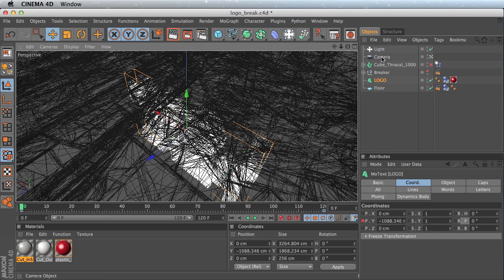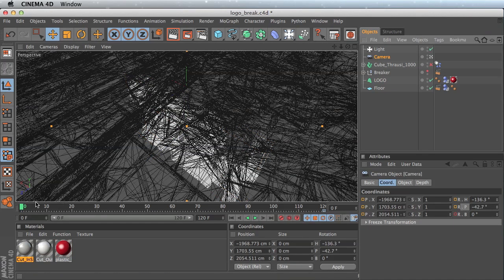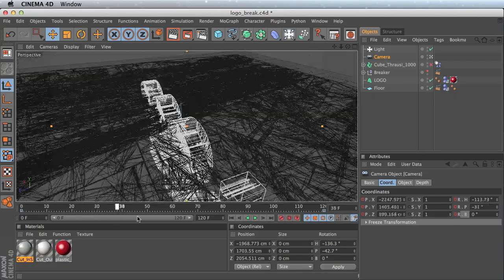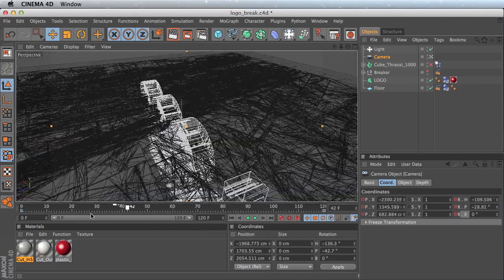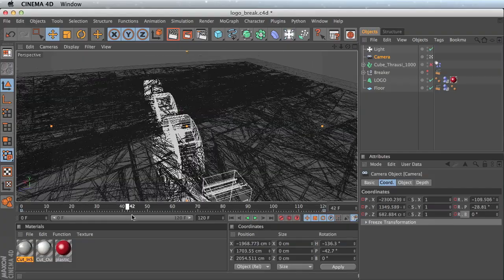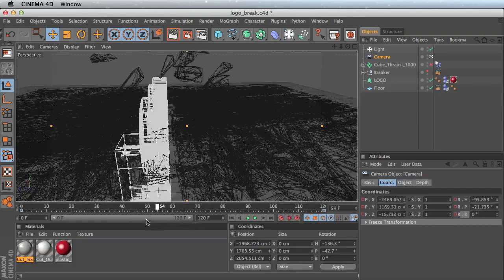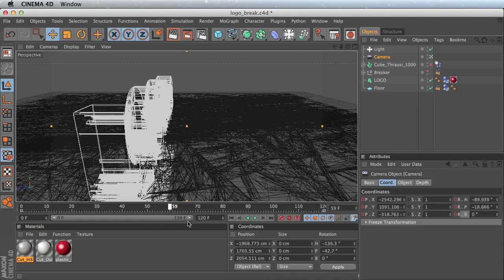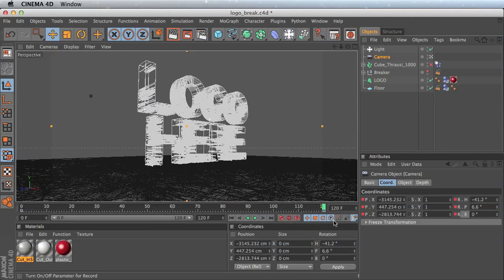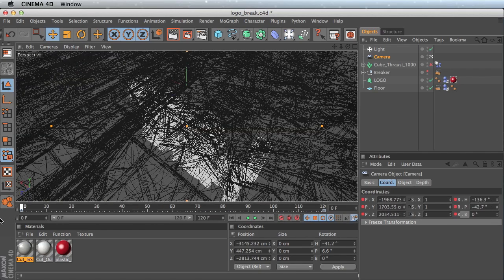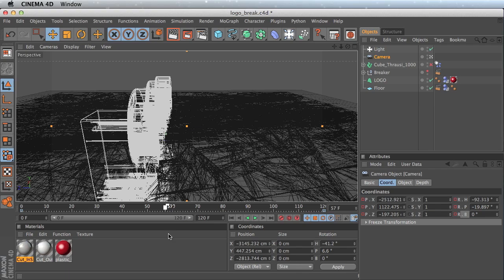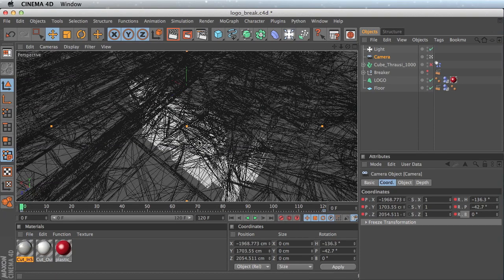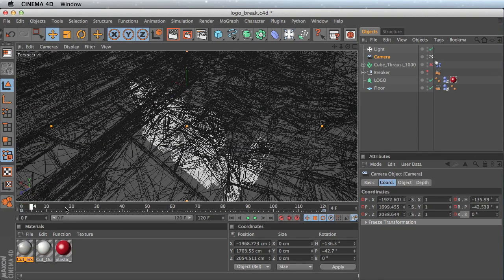So I'll go ahead now, select the camera again, and now we're on frame 0. Go ahead and keyframe all those camera values. So now you can see that it's going to break up through the floor, and we're going to come right past everything. That's going to be right up in the camera there, and then it's going to slowly ease into that ending position with all the rubble strewn around it. We could probably get a little bit closer, so that first part of the logo there comes right by the